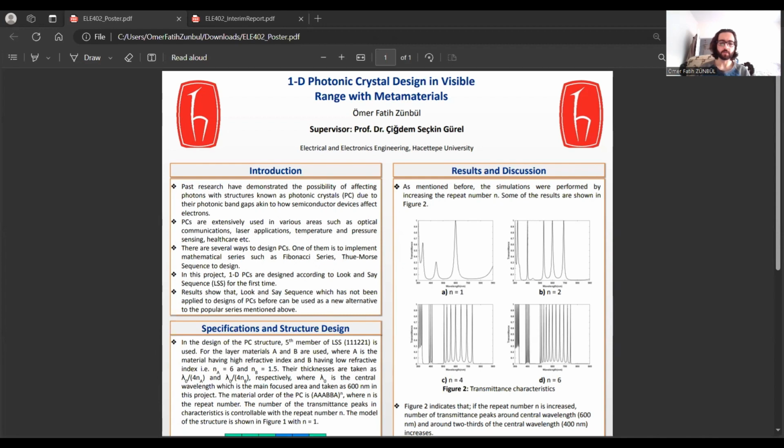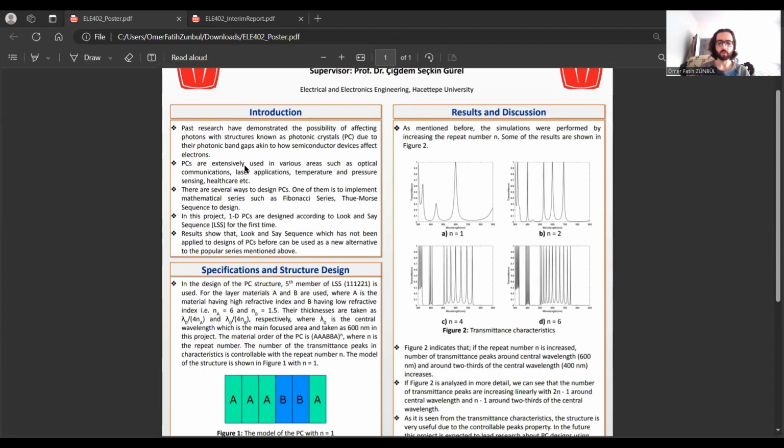In the design of photonic crystals, there are many ways. One of them is to implement a mathematical series in the design. The most popular series are the Fibonacci series, Thue-Morse sequence, Cantor set, etc. In this project, the look-and-say sequence is implemented in the design. For the first time, the results of the simulations show us that the look-and-say sequence is a good alternative to the popular series. In order to simulate the designed photonic crystal, the algorithms are developed in MATLAB and the transfer matrix method